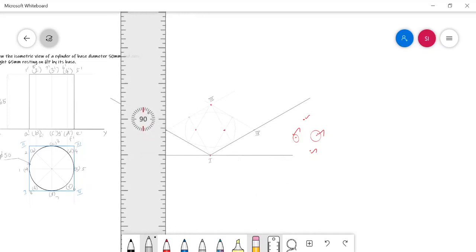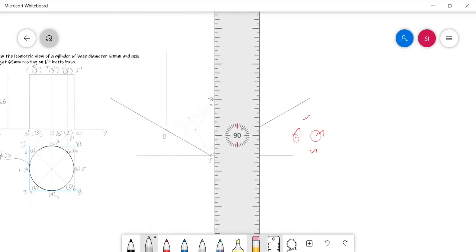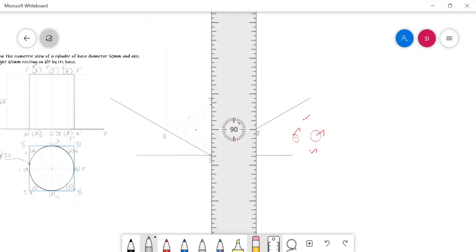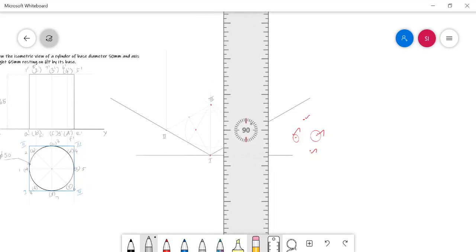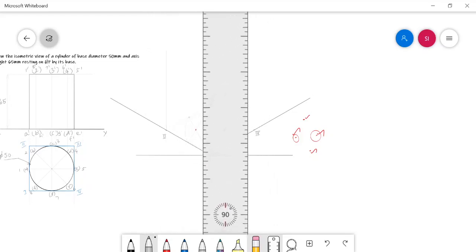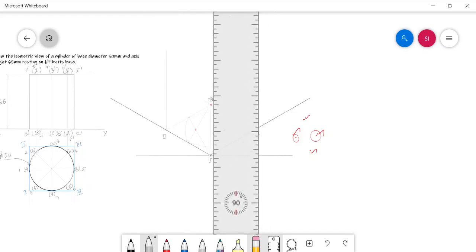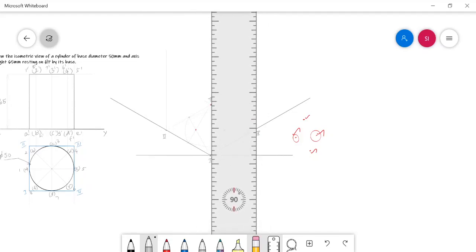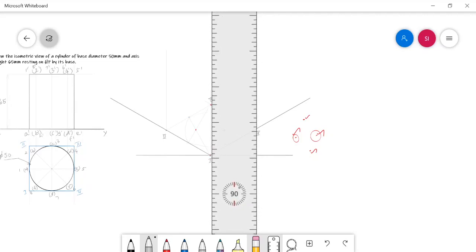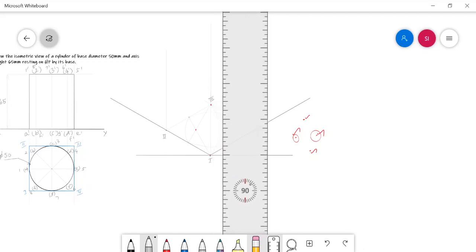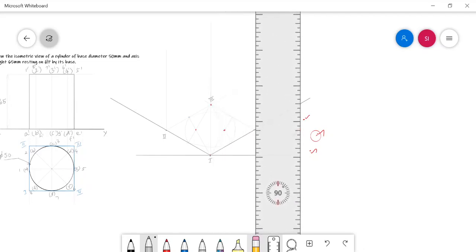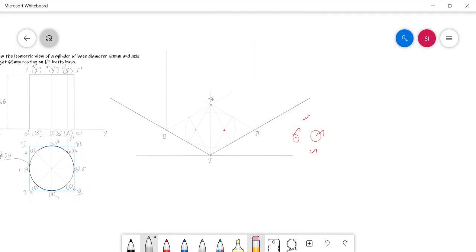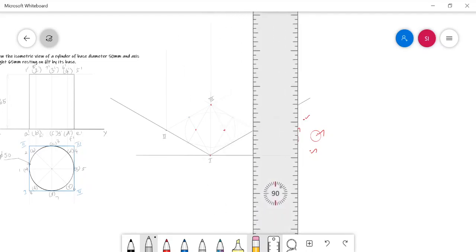See, 65 mm. And then I need to connect them.